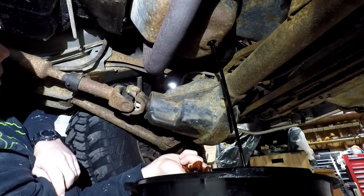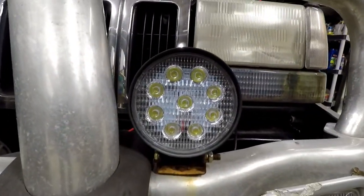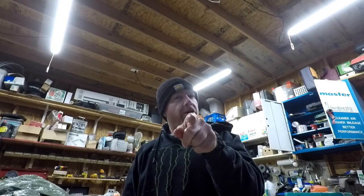I've had worse. Alright, while we let that drain, what do you guys think of my LEDs here? I was gifted them by my father-in-law. I'm not a huge fan of LEDs. I don't like that all the mall crawlers put them on their rigs and then we go out night wheeling and the first thing they do is they try to light up the whole stinking forest and it blasts everybody in their mirrors. You all know who you are,